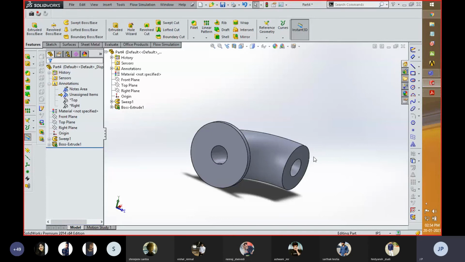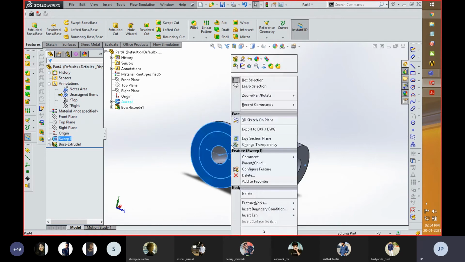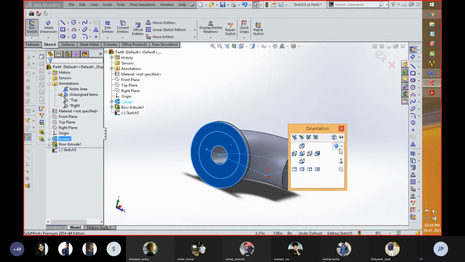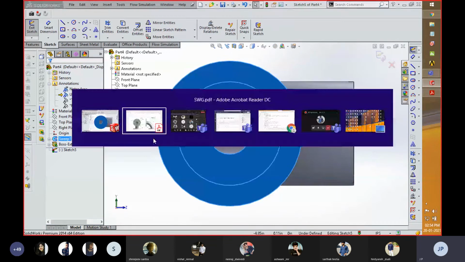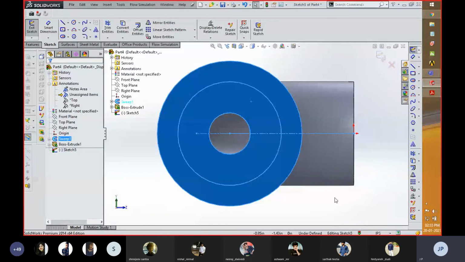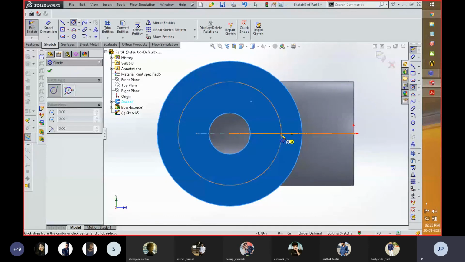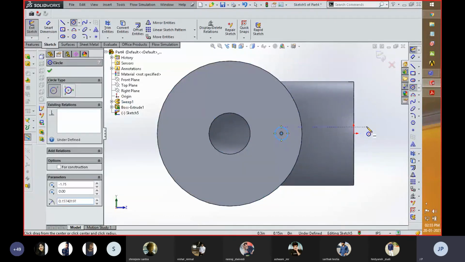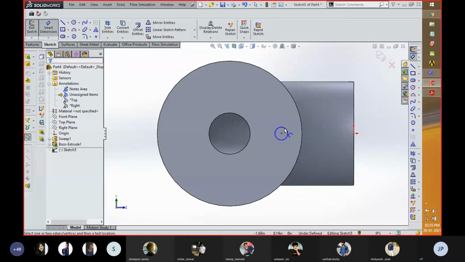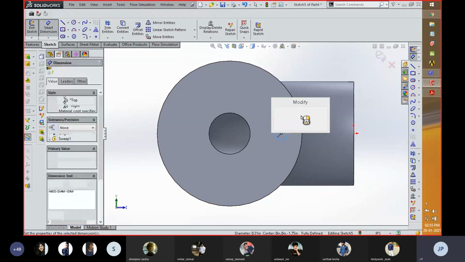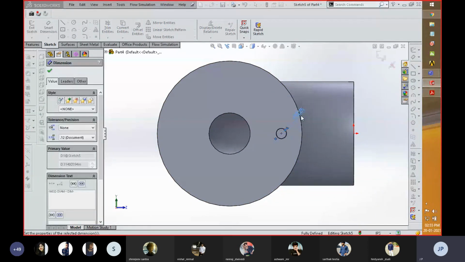So we can create a part over here. Also we can create a circular pattern with respect to this component. So I'm going to create a circular pattern. Right now what I'm going to do, I'm going to create a circle of 0.25 diameter and then create a circular pattern with respect to that. So over here I'm going to create a circle which is 0.25 in diameter, 0.25 inches.